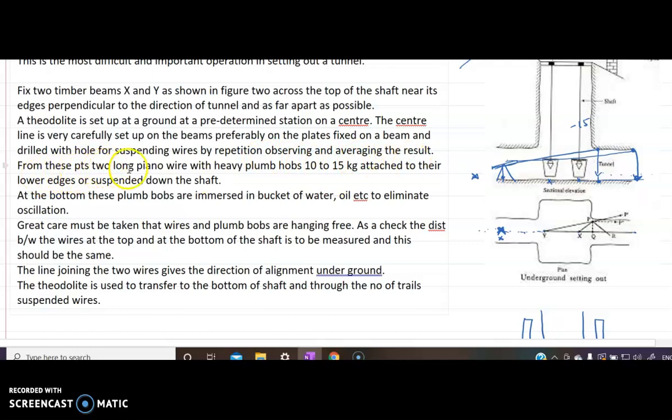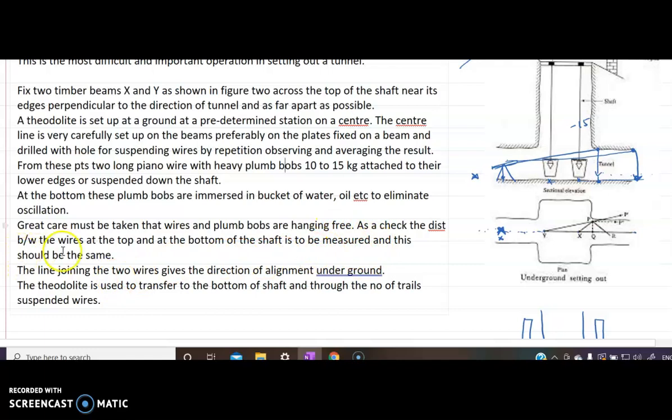From these points, two long piano wires with heavy plumb bobs, this is not bobs, this is bob, of 10 to 15 kg are attached to their lower edges and suspended down the shaft. At the bottom, these bobs are immersed in a bucket of water or oil to eliminate the oscillation. Great care must be taken that wires and plumb bobs are hanging free.